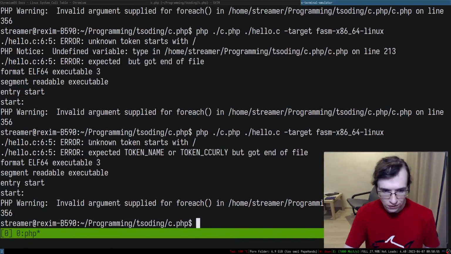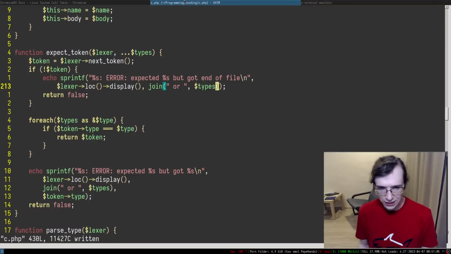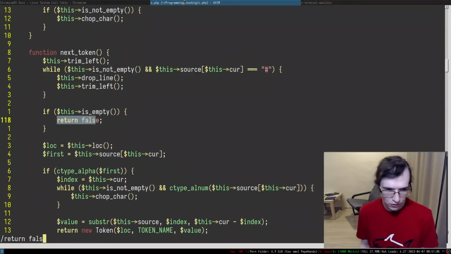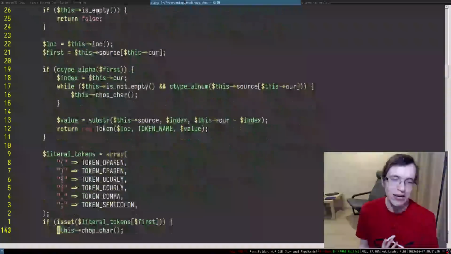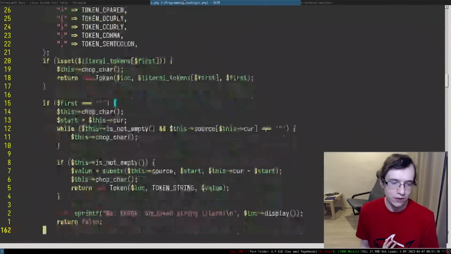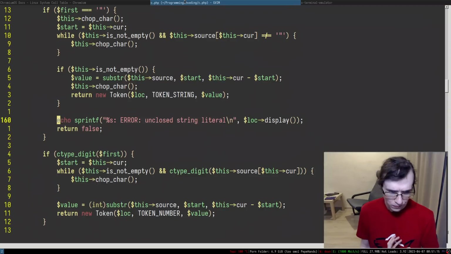And for instance, it says unknown token starts with that, expected this, but got end of file. So I think in this specific case, this is return false, we're effectively getting an invalid token.